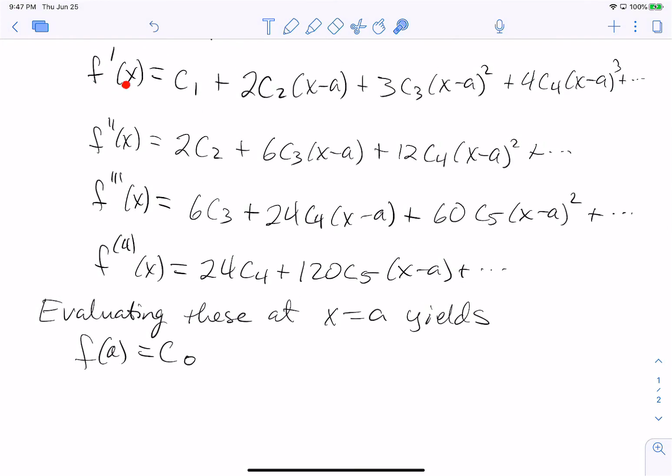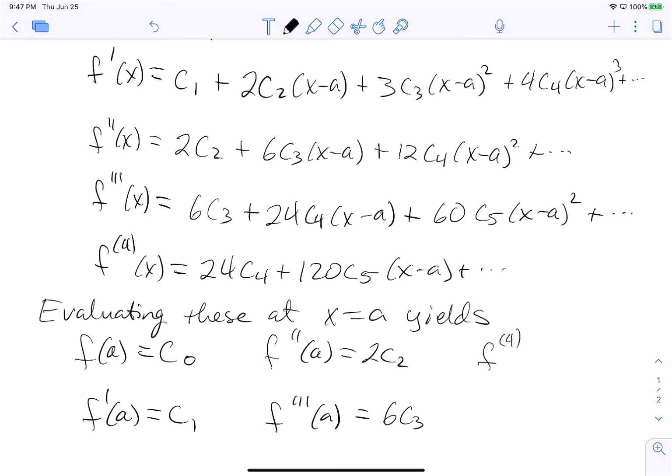For f prime of a, again, we're going to zero out all of the terms that have x minus a. So f prime of a is equal to c sub 1. F double prime of a is 2c2. F triple prime of a is equal to 6c3. And the fourth derivative at a is equal to